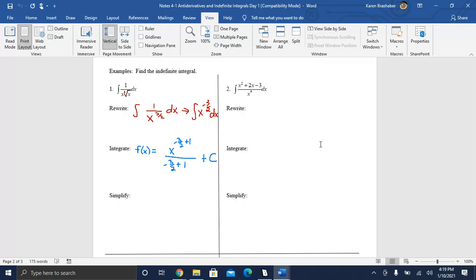So no longer the dx, but rather the constant. And then finally, you're going to simplify that expression. So we're going to write our final answers without negative exponents. So f of x would equal x to the -1/2, and then the denominator would be -1/2